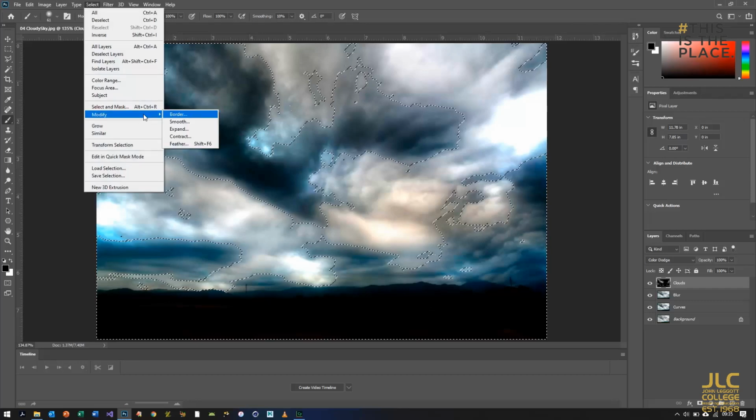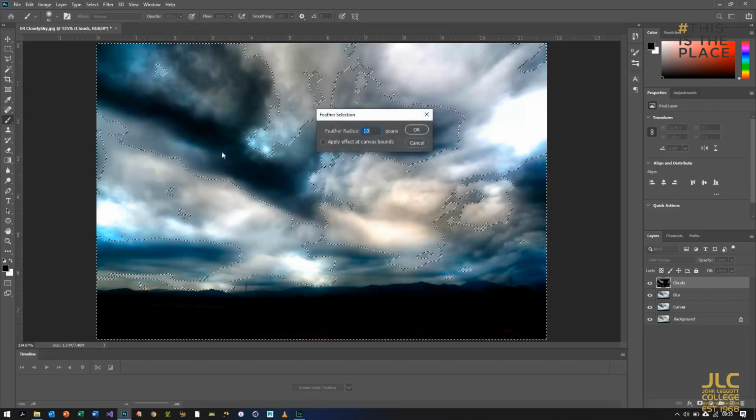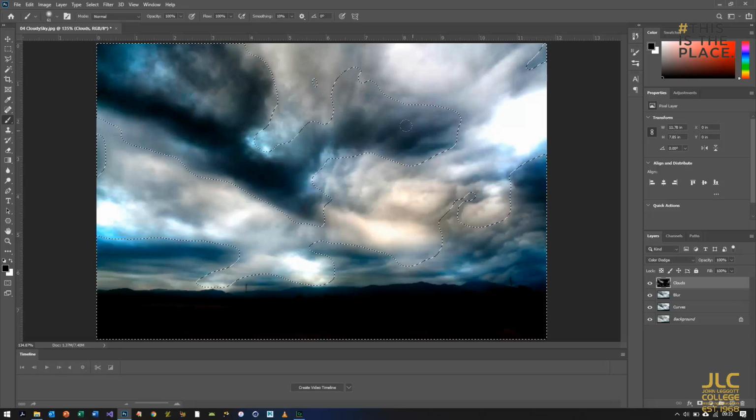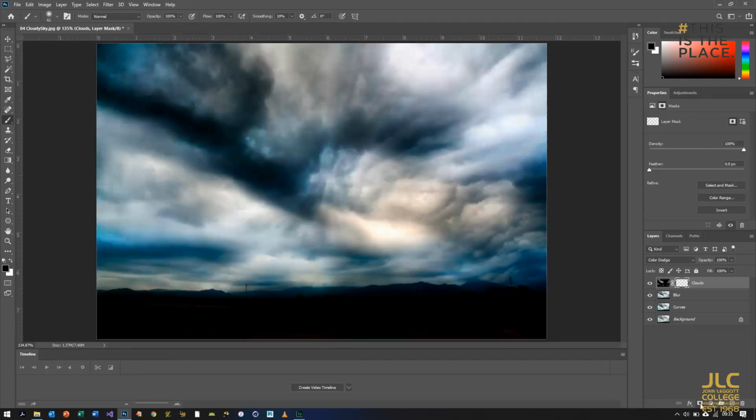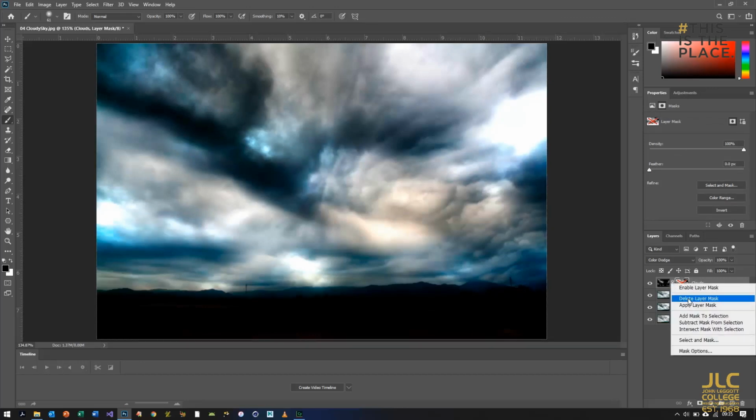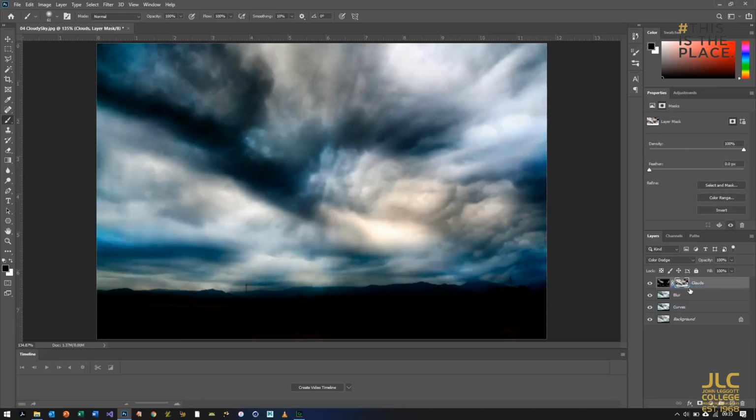Okay, so to feather the selection means we're just going to soften the edges a little bit, and we're going to just pick a reasonable value. 10's fine, so we'll just press OK. Okay, with the selection made, if we create a layer mask, it will automatically mask that selection. So if we do that, it will soften what we've just created. If I right click and disable this layer mask, you can see that it has just softened some of those